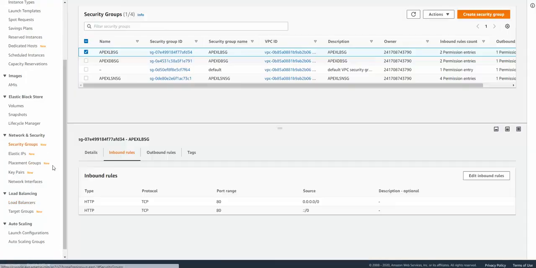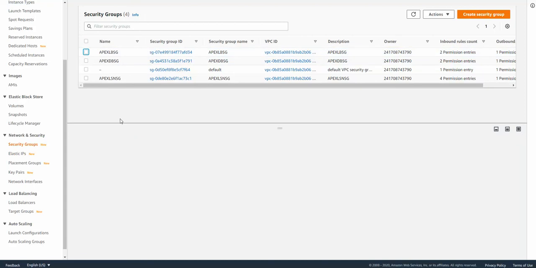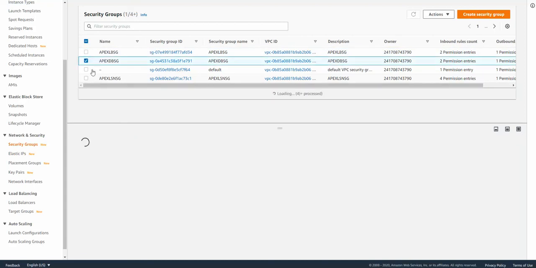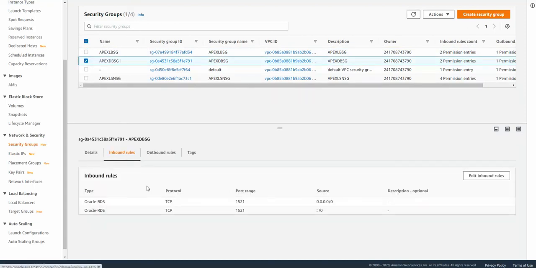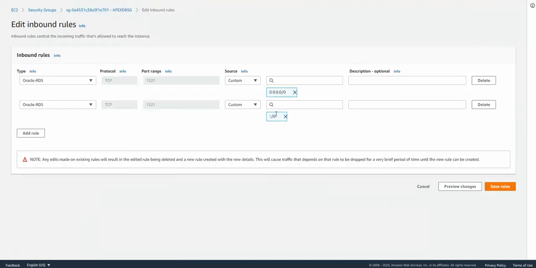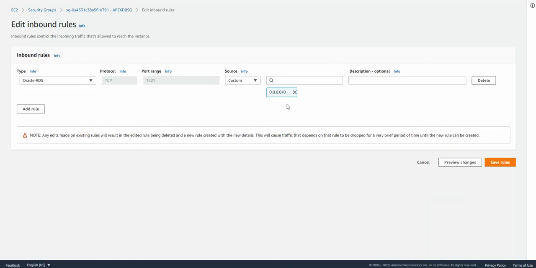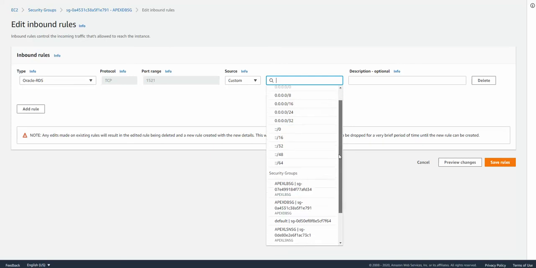For that, security groups are the key. My database's inbound rules currently allow 1521 from anywhere, but let's restrict that. First of all, let's remove this extra entry, the IPv6 entry, and then pick this one, my database.